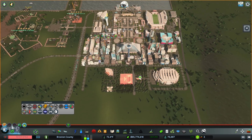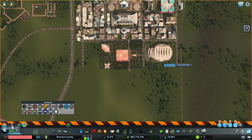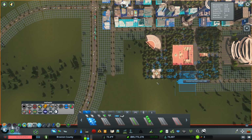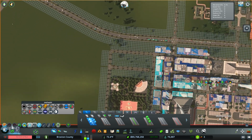Yeah, I'm okay with this. It means we have to extend this block out a little bit farther. So be it. I mean, the park looks fantastic. You know, we're here in the middle of this massive urban environment, but who says we can't have a big park? I mean, if New York City can do it, so can Broston County. And then we will just come in with another road right there. And my God, that is...